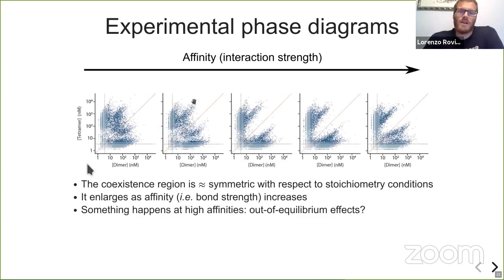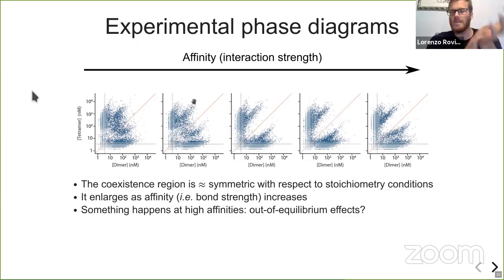So these are the experimental phase diagrams. As I told you, this is the negative of the low density part of the phase diagram. But the main effect is that, first of all, everything is sort of symmetric with respect to this perfect stoichiometry line. So for every two dimers, you cap a tetramer. This perfect stoichiometry line is the red one. You see these phase diagrams are sort of symmetric around it, which makes sense. But then as affinity grows, you see that this phase diagram enlarges, and then something happens here. You have sort of reentrance of the lower branch.